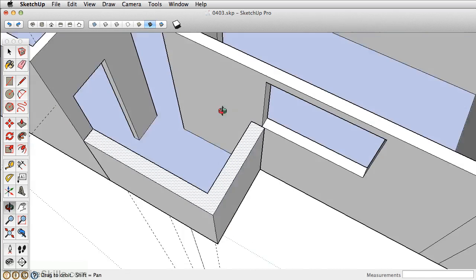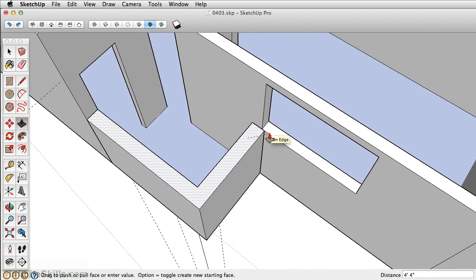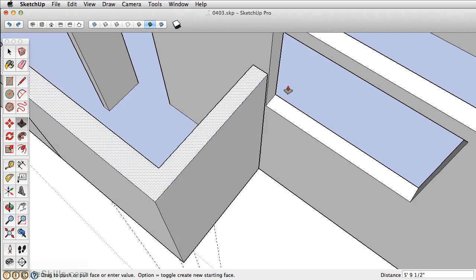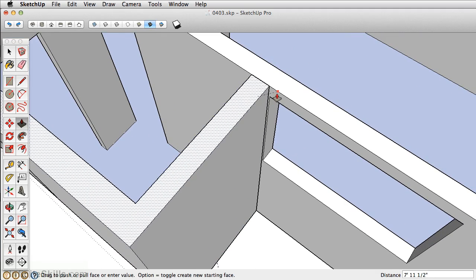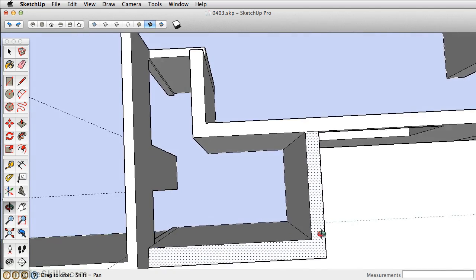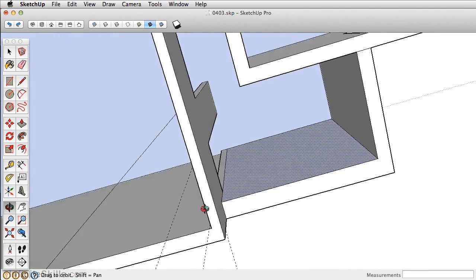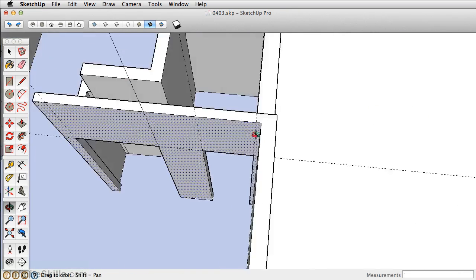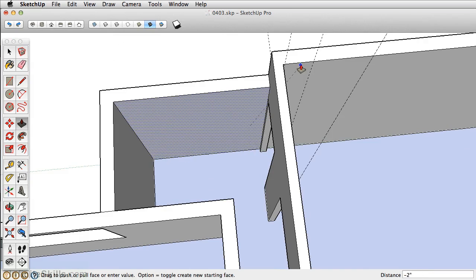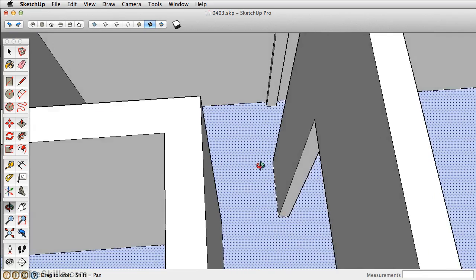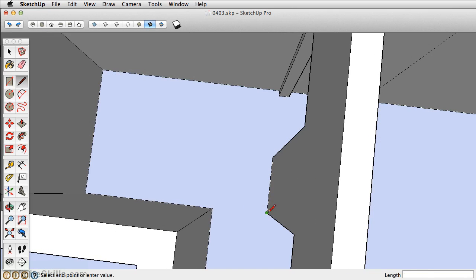Now it looks like that window might have a measurement that's off. So before we push-pull, let's hit Escape. Let's move this in 2 inches and see if that makes a difference. Yep, that looks just about right. Now this is also pushed back, so let's push this back to here. Let me undo that so you can see the other side. So this wall pushes back to here, and we now need a wall that connects these two. So let's take a line, draw this straight,